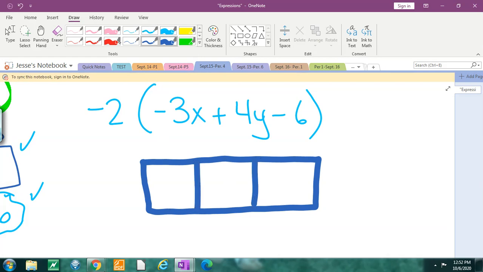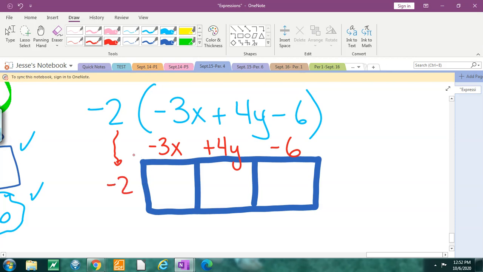One for the negative 3x, one for the positive 4y, and one for the negative 6. You see that? And then what comes down? The negative 2. So all you got to do now is multiply. Negative times negative, right? Because this is negative 2, and the length here is negative 3 times x. So negative times negative is a positive